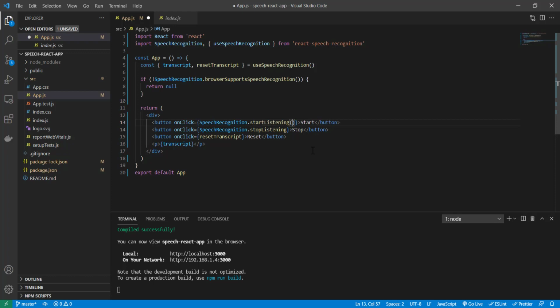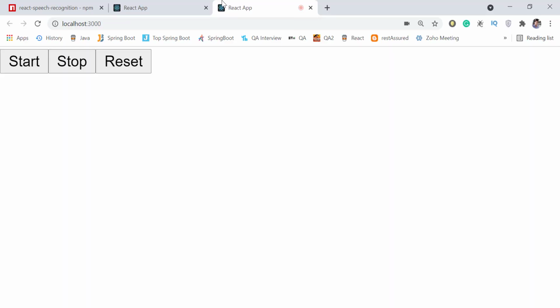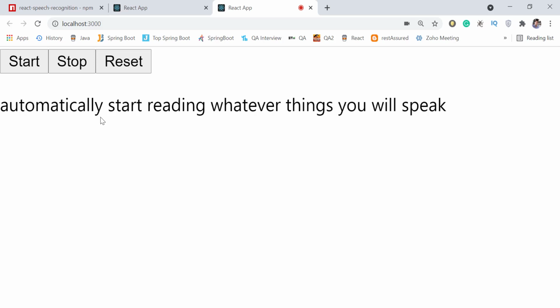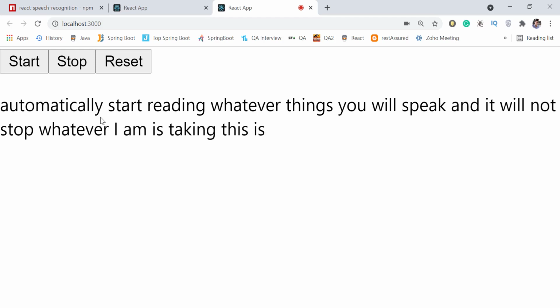For that we can pass here continuous equal to true. Once you do continuous equal to true and run it, it will automatically start reading whatever things you speak, and it will not stop. You can see whatever things I am speaking is being recorded.